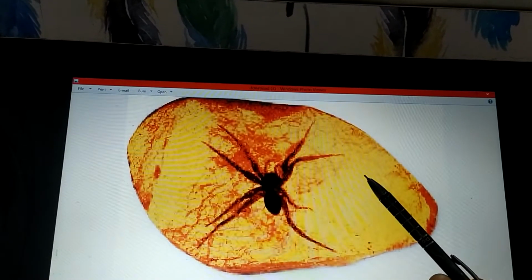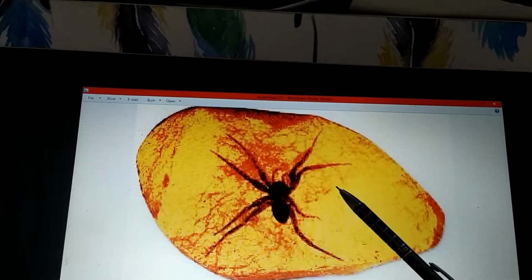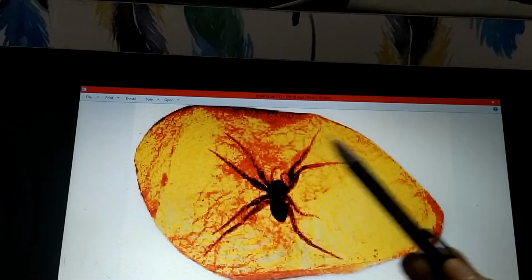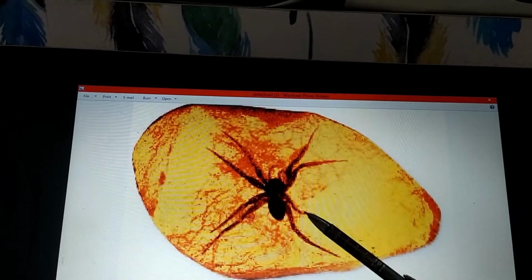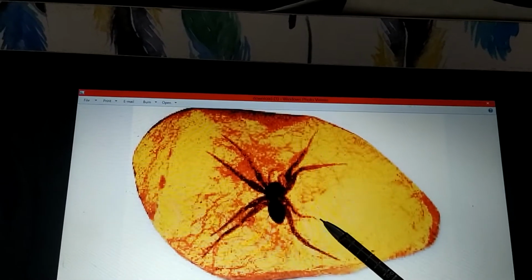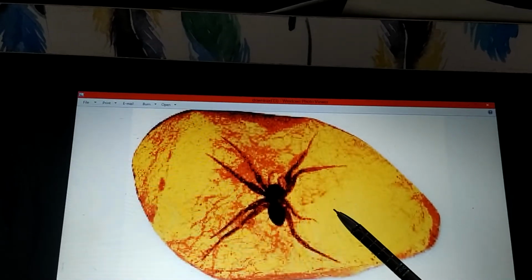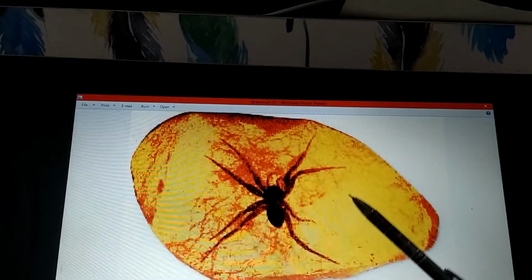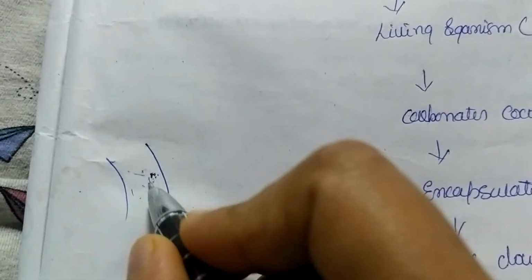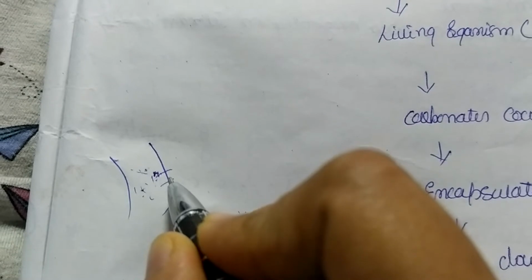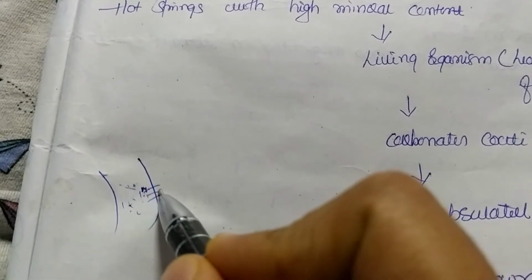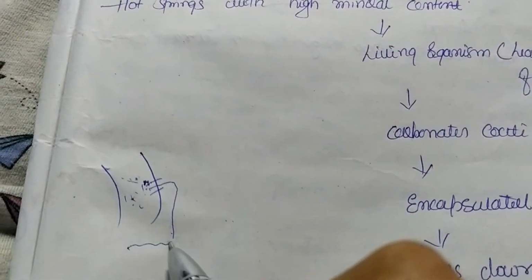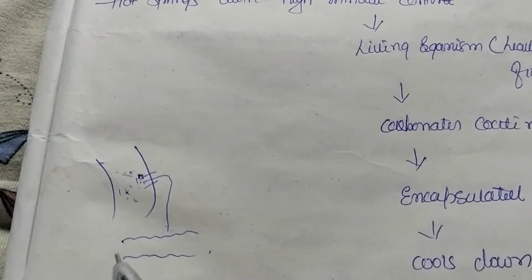Then what is it? We have trees which produce resin. Resins and gums they are going to produce. When the tree which produces the resin and gum is injured because of some mechanical injury or because of the destruction by some insects, what happens? For example, if this is the tree, injury to this part because of the attack of some insects will make the resin come out, and it is going to flow down and be collected on the surface of the forest floor.